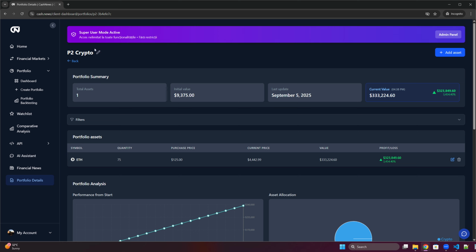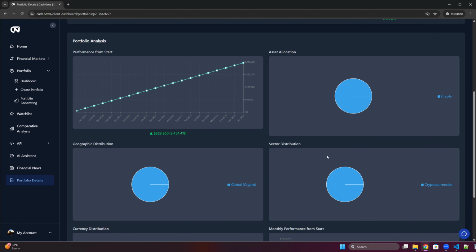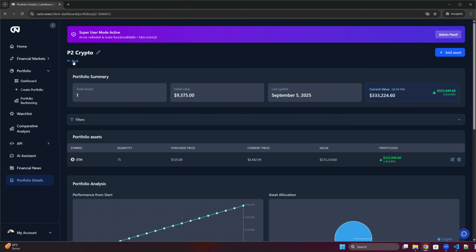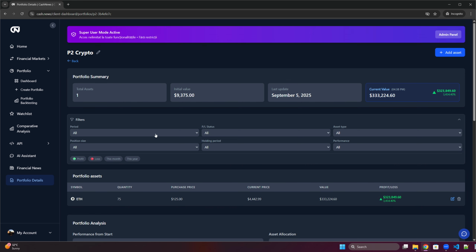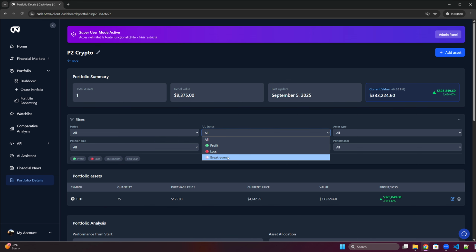But if I were to add different types of stocks, different types of commodities maybe, or different types of ETFs, for example, because we can see here from the financial markets, we're also covering ETFs, and would be adding all of them in here, and we're going to be seeing the performance of each individual asset. We can filter, of course, by the period of time we want to see this portfolio's performance,